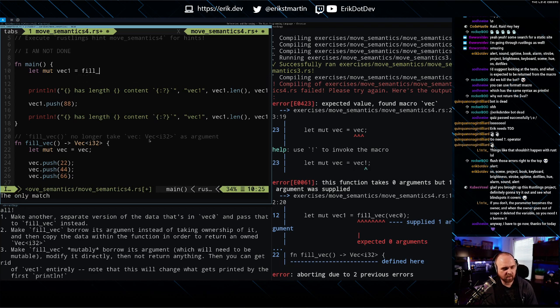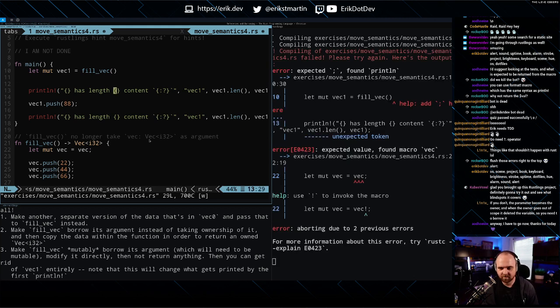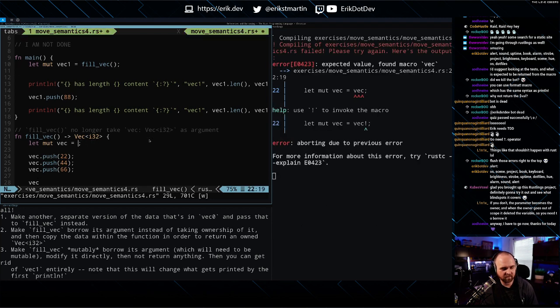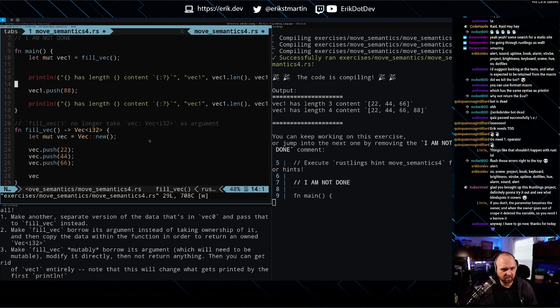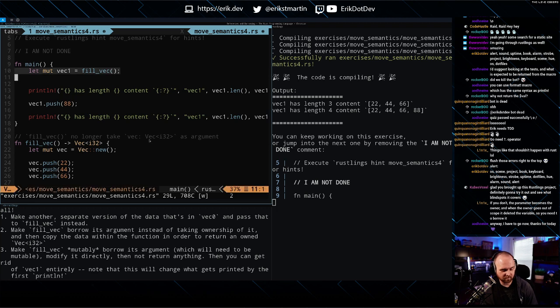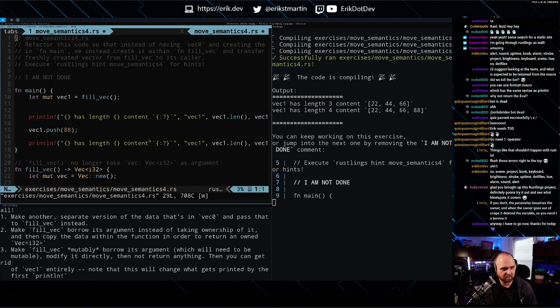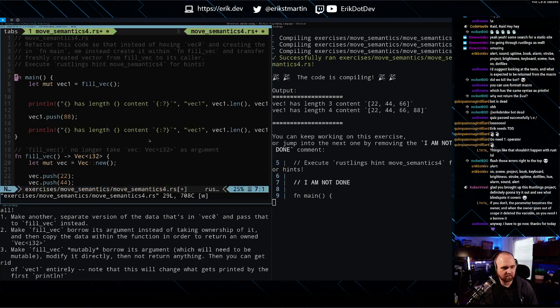So we know we want to call fill_vec, and it's going to return us back the vector, but it's getting a copy of it from somewhere. So this should really be vec new, right? Yeah. So fill_vec creates the vector and then returns it, and we're asking for a mutable reference to it so that we can push onto it. That makes sense.